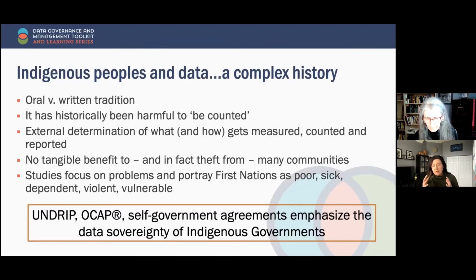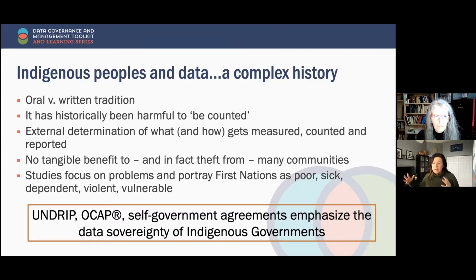Additionally, data has been used against Indigenous peoples in a lot of ways. So not only are we coming to this with our way of being framed as inferior, but also that data, or the counting of Indigenous peoples, has been used against us, right? A lot of people were moved onto, say, reserves, counted, provided a status number, having that track them everywhere, needing permission to leave the reserve and come back. So those are all things in which it's not really been beneficial to us to be counted.